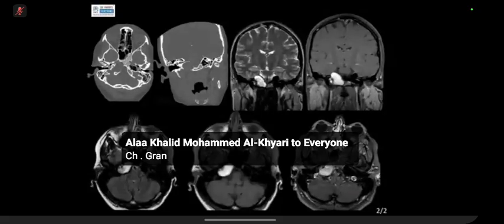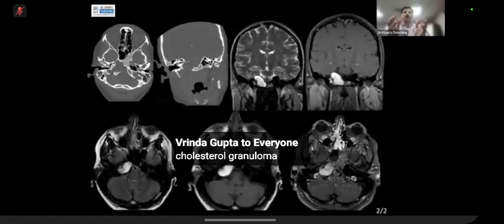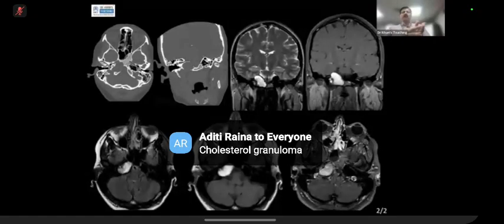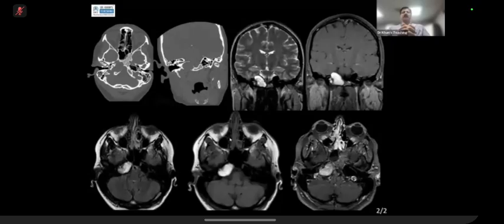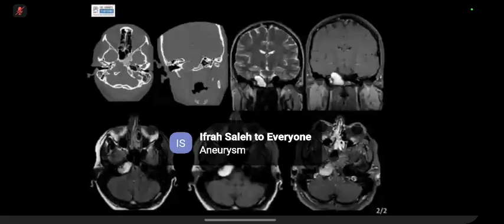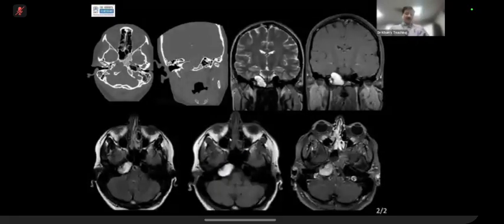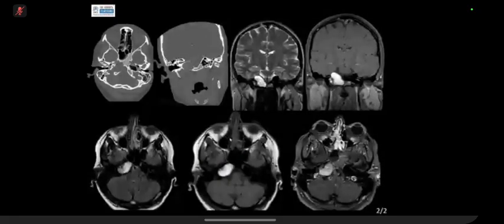So you see there is an expansile lesion, which means it is long standing. It has this high signal. We'll come back to this. Why is it high signal? And it doesn't look malignant or infiltrative. So this is an Aunt Minnie case. Hint: a fat containing lesion in that location, which is expansile. Fat containing, you can take it with a pinch of salt. There will be some fat, but in that location,